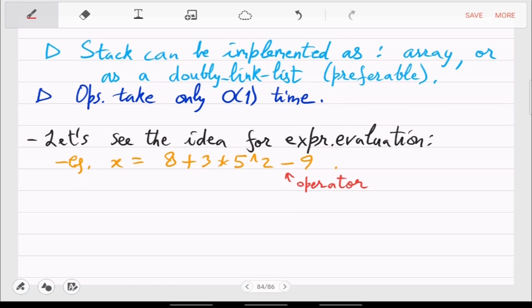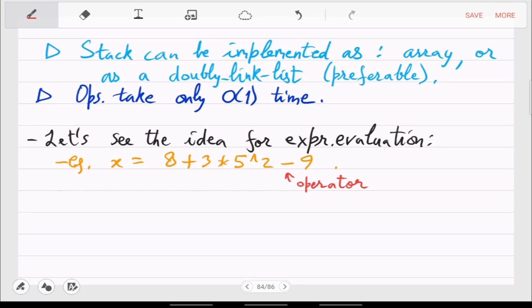Plus, multiplication and minus are binary operators. They expect 2 inputs, and obviously they give 1 output. While exponentiation, well, I should not say that, it's also binary. It expects both 5 and 2.